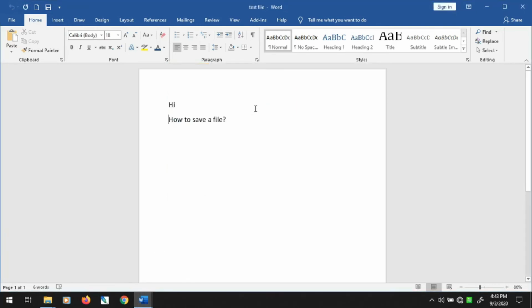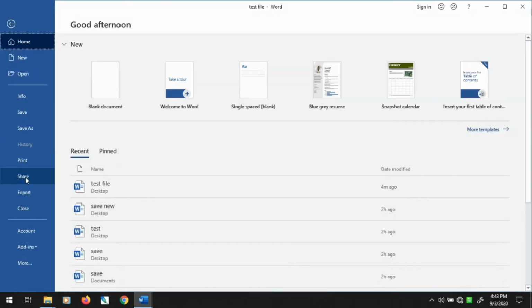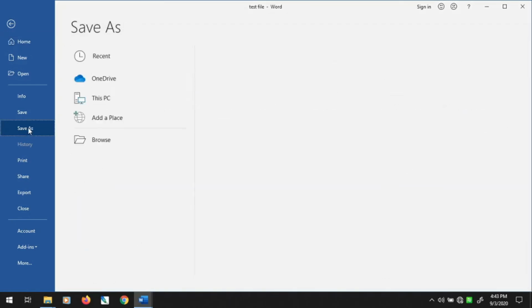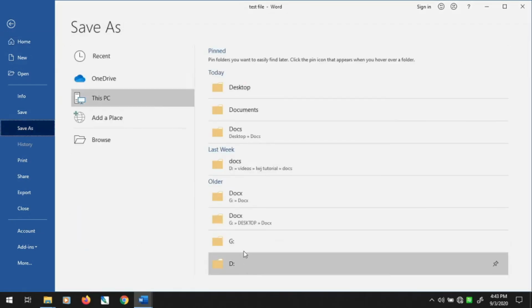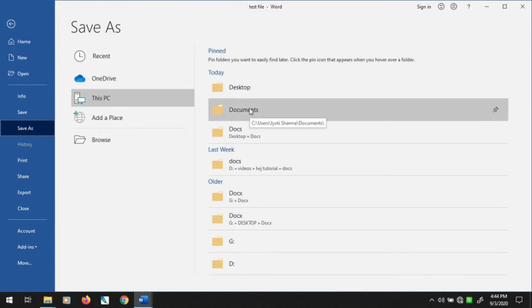Like this is our file, which we saved earlier as test file. Now I just want to save this file with another name or at another location, but the file will remain the same. Okay, so what I will do is go to the file option and click on the save as option, and it will ask you for the folder. Now this time choose the documents folder,